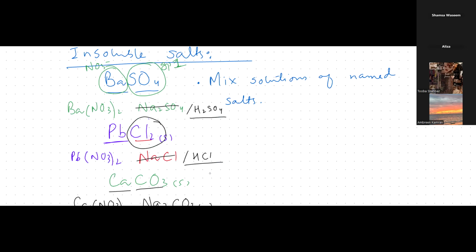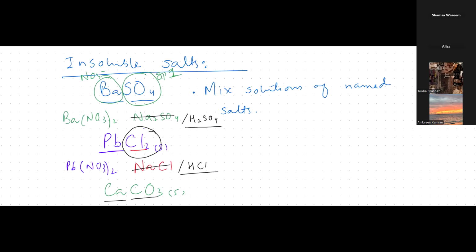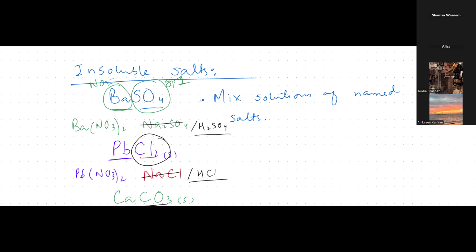Acha, now what are the marking points? Na? And then I'll tell you that how there is going to be 3 marks ionic equation asked, and there is a trick to write down its ionic equation for the insoluble salt. ठीक है? पहले हम इसके marking points कर लेते हैं, फिर मैं बताती हूँ. So mix solutions of named salts. ठीक है? Like we are going to write mixed solutions of barium nitrate and sodium sulfate in this case. We will get 2 marks. Name solution because we are writing here barium nitrate. ठीक है? It's better that you write down its name. So mix solutions of barium nitrate and sodium sulfate.